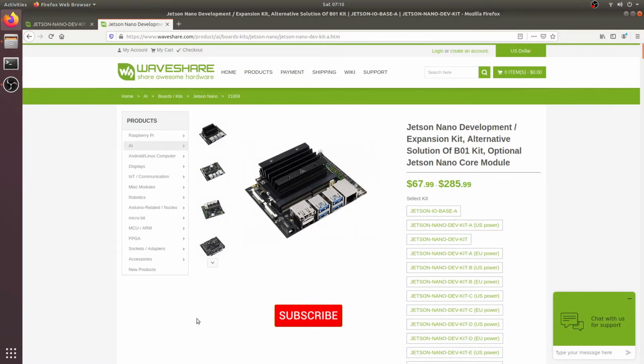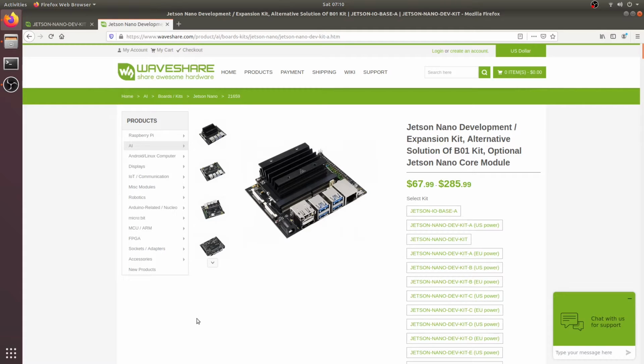but I was not able to find it. But then luckily I got the Waveshare Jetson Nano on Amazon. Initially I thought maybe the Waveshare is just the provider, but then when I received it and started to program it, I realized that the Waveshare has done a lot of changes in the original Jetson Nano which NVIDIA